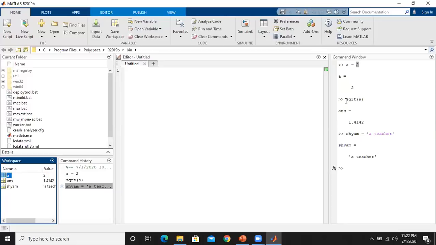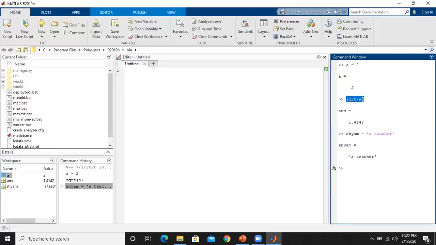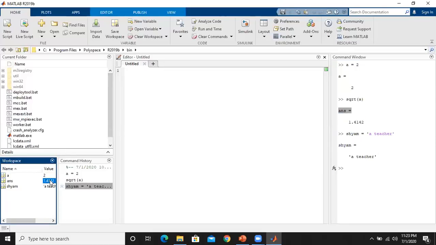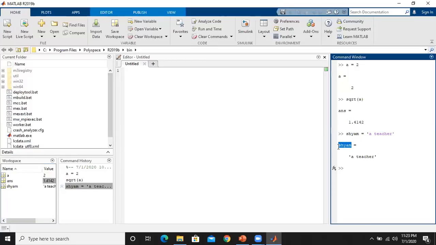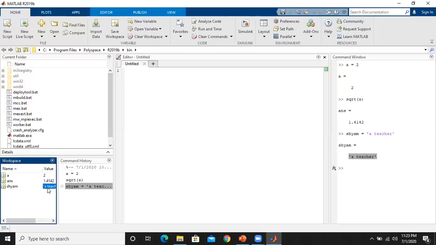In the same way, I just found the square root of a there, so here the answer is value 1.4142 and this value is saved with the variable name ans. So here it is ans and the variable value is 1.4142. Now Sham is the variable name here and this is the string or character string that is entered. So workspace will store the variable name as well as the value.